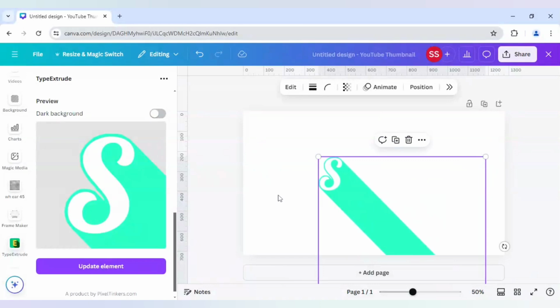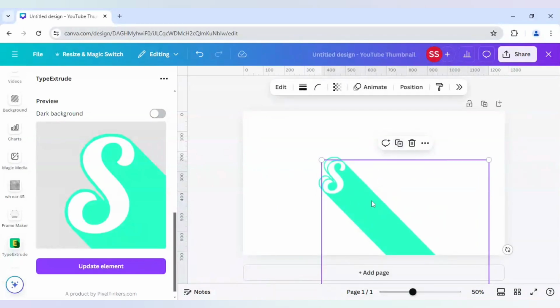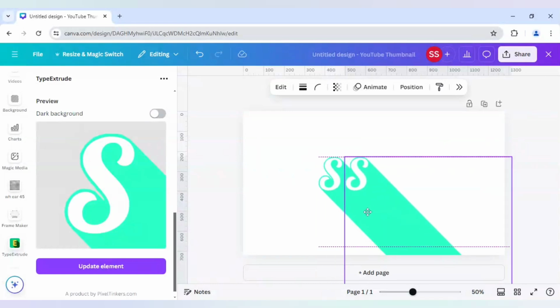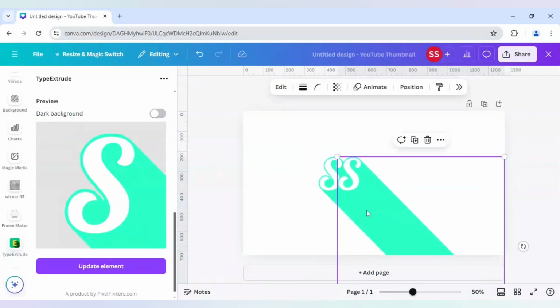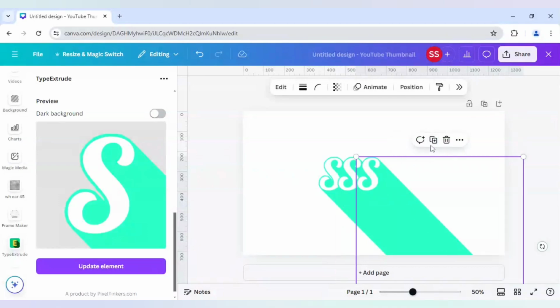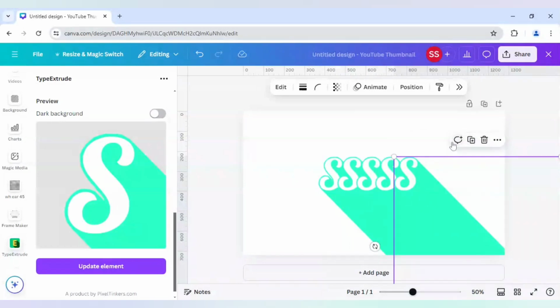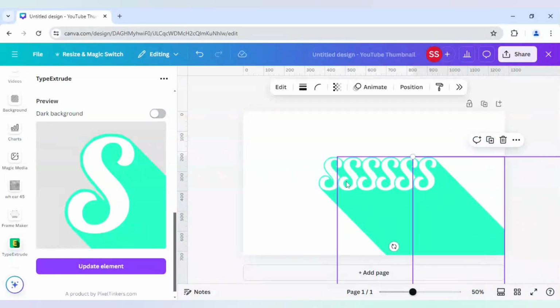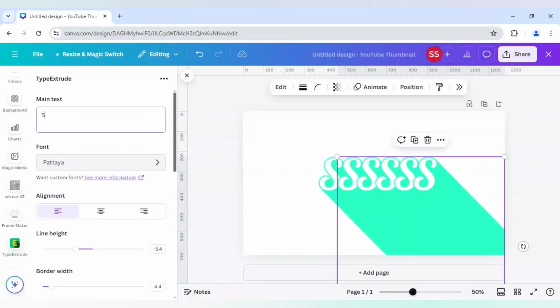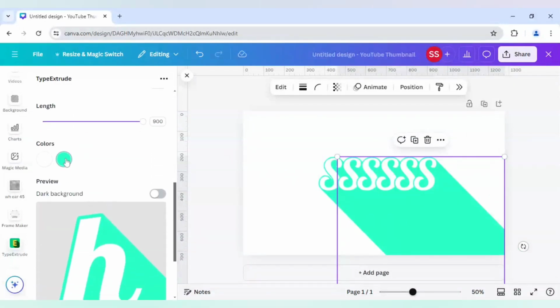Okay, so after that I will just duplicate it, because I don't want to like change the settings, because in that case the design will not good. And I will duplicate it 6 times. So it is duplicated. For the second one I will just simply change the text to H and color to